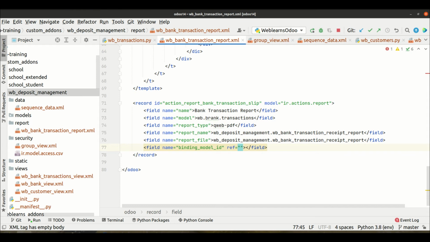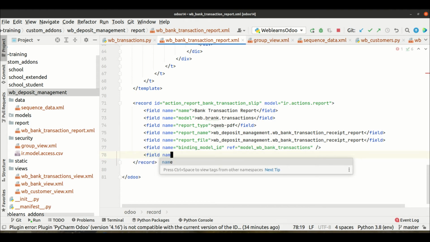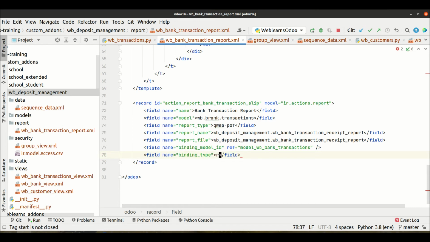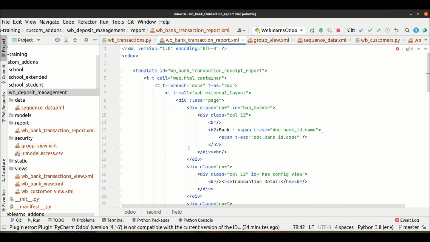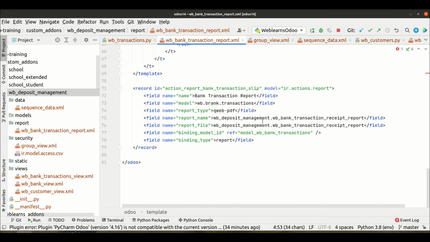So here, oh sorry, model wb.bank.transactions, and let me close this one, and let me add the binding type, and it is report. That's it. So using this template, we have to register it in this model,